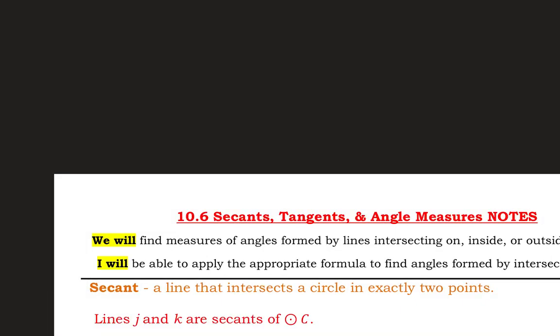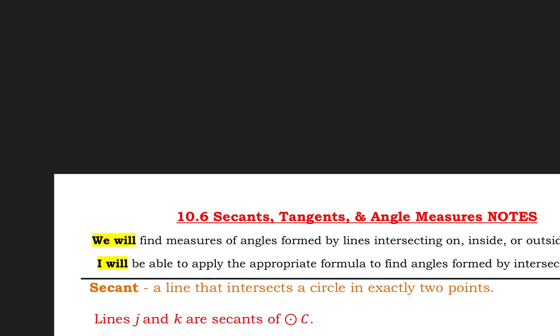What about a tangent line? How many times does the tangent line touch a circle? Does anyone remember from Friday? From Thursday? Remember when that line touched the circle, we had to know where the 90 degrees was? How many times was that line touching the circle? Once. So now what we're going to look at is a secant, and the secant is going to touch the